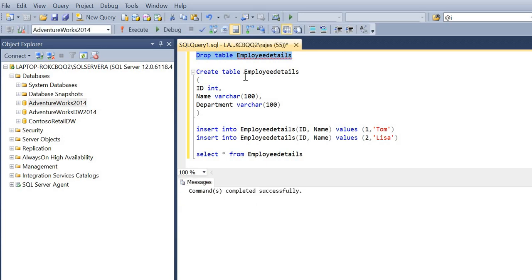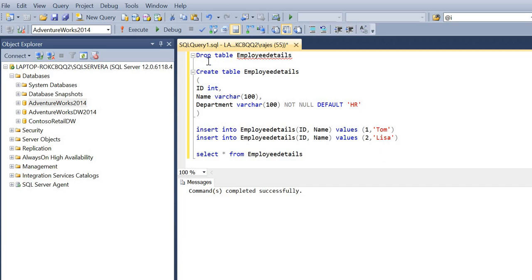I'll drop the table, and in the same create table syntax, for the department, I'll add not null value and a default as HR. So now what happens is, if we didn't feed in any value, the corresponding employee would go into the HR department, and subsequently they would be redirected into whatever department he belongs to.